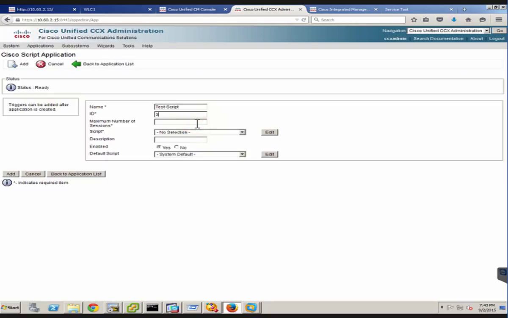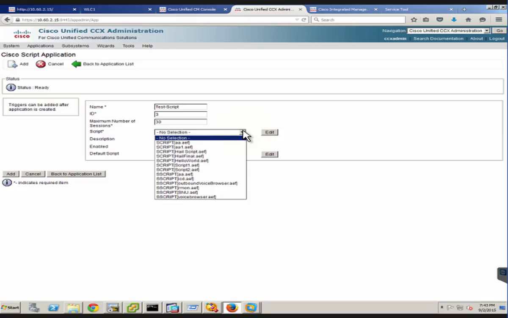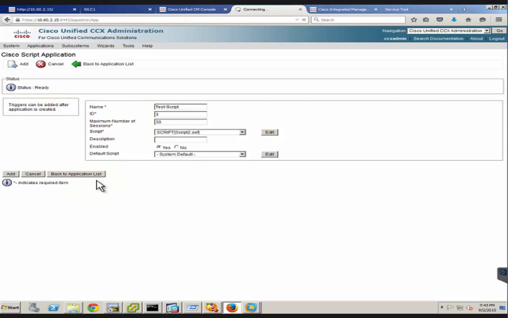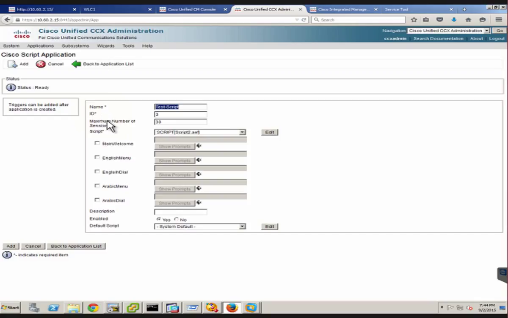Maximum number of sessions, you can use 30, because this is my license, 30. And here I will use the script. You can click on this. You will see your script is script 2. Script 2 is here. Click on this, then you will see all your prompt messages. As you see here, you will see the main welcome, English menu, English dial, Arabic menu, and Arabic dial. So I will click on this main menu,